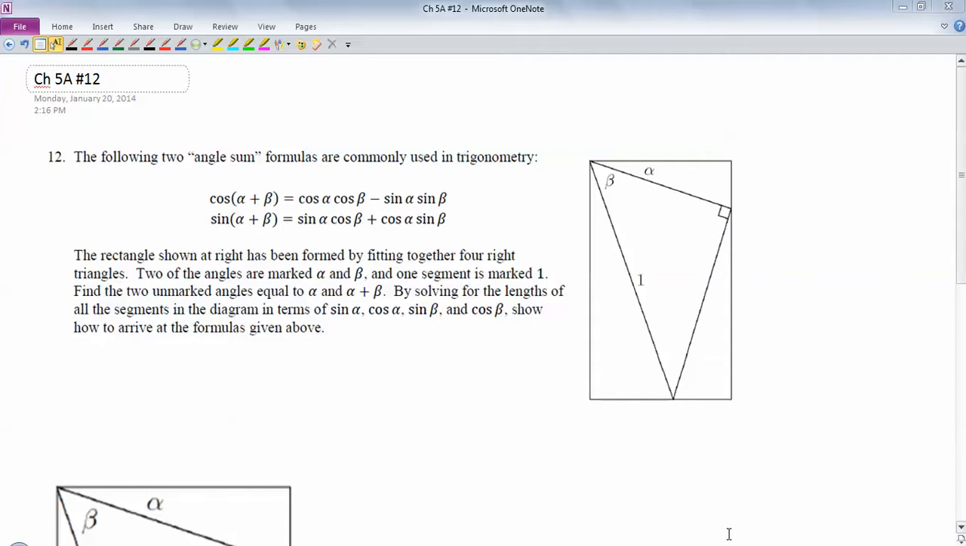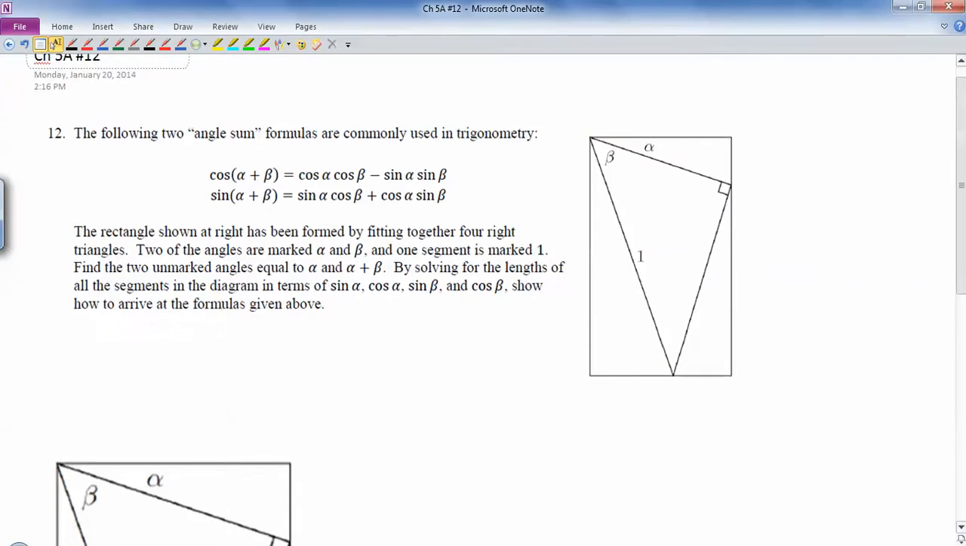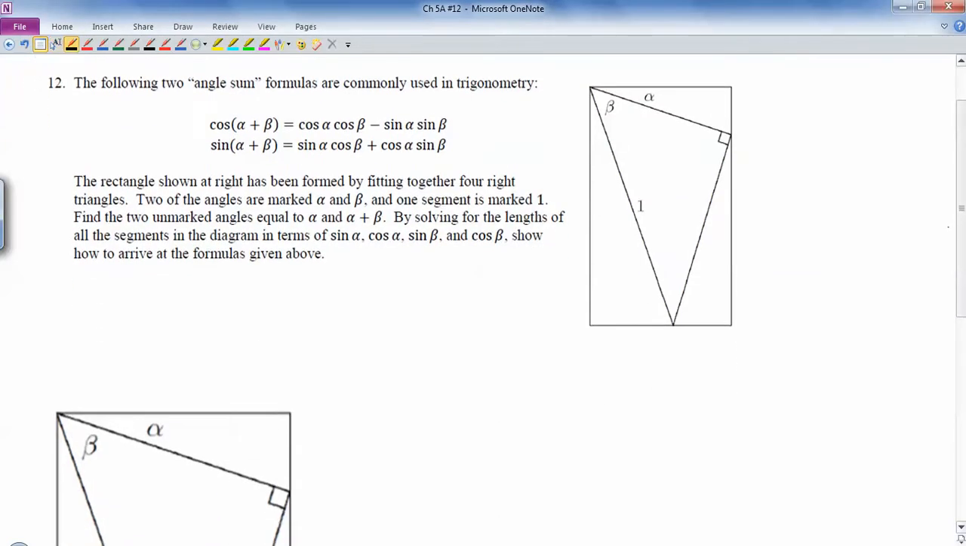But right now, I feel like this one's a good one because it only uses right triangle trig, which is sort of neat. The other one also uses just basic geometry, but it's a little bit uglier looking, in my opinion. So, okay, we've got four right triangles that have all been fitted together, and they form